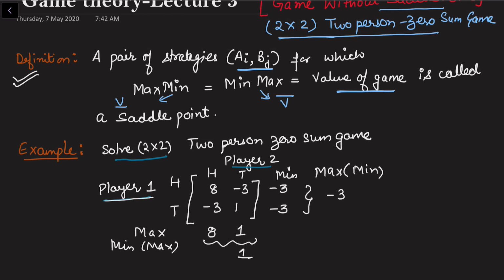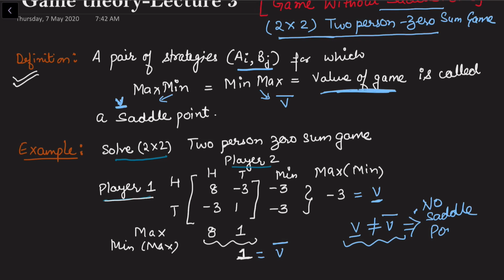Now you can see this value which we have denoted by V lower bar is written on the lower side, so this value is our V lower bar, and here this value is V upper bar. Now these two are not the same. If these two are not the same, that means we do not have a saddle point, and this is obviously not equal to the value of the game because these two quantities are not equal. So this implies that there is no saddle point. If we get the saddle point, then automatically that becomes the value of the game, and hence the optimal solution.